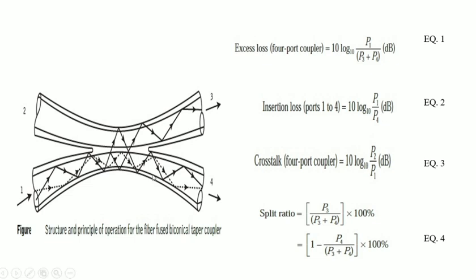Like that here also what happens, this is the input power we are launching in port 1, because we are considering only port 1. But this power will be scattered back and received at this input port. That ratio we are calling crosstalk. So it is the ratio of back scattered power received at port 2, the second input port, to the input power.